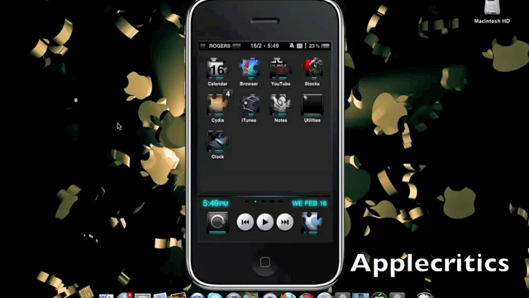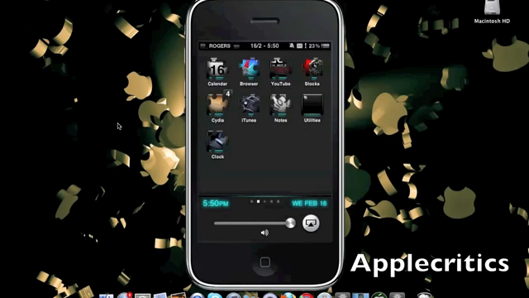So as you can see right there, you have your normal dock at the bottom of your device, and then you could actually change it to be scrolling as well. So you do have your iPod multitasking controls in your dock, which is very useful depending if you use those features. Instead of multitasking, you can just simply swipe over to the left to get your music controls and all your multitasking controls. As well, if you swipe to the left again, you see that there is a volume toggle